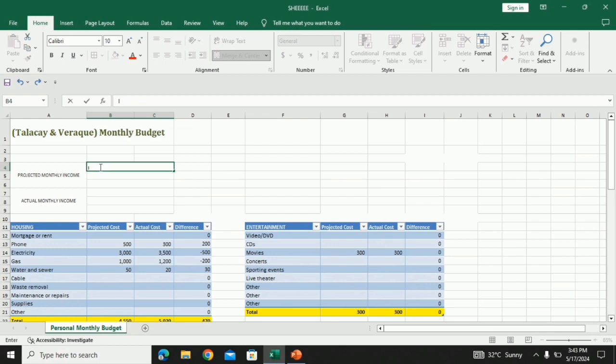Then income 1, enter extra income, and then total. Also in the actual monthly income, input income 1 and extra income.